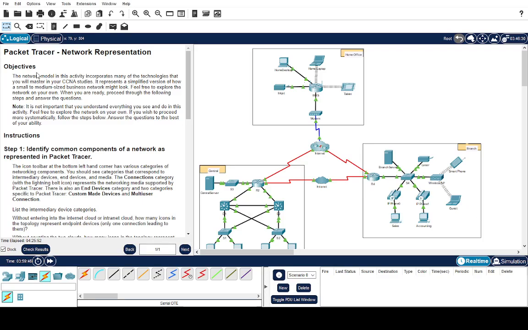Today we will talk about another activity of Packet Tracer, that is about network representation. In the Packet Tracer you can see here we have a topology where we have LANs and WANs. This network model in this activity incorporates many technologies that you will master in your CCNA studies. This is basically a simplified version of how a small to medium sized business network might look. So you can explore it